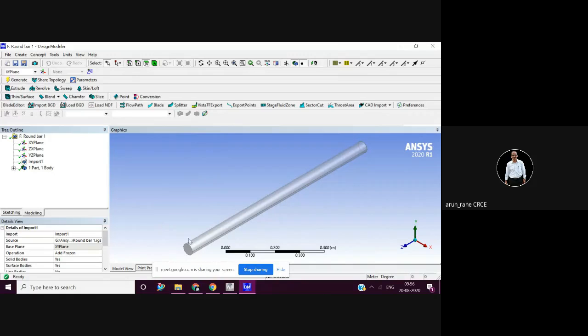That means I have maintained the same cross-sectional area for the I-beam as well as the round bar, because I want to check which cross section is better: I-beam, round, or square. So I say control S now, then close.